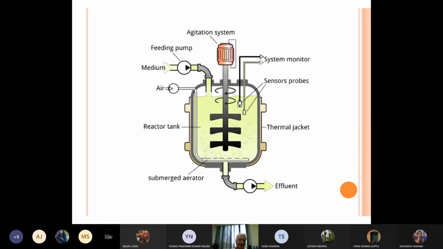So why do we need a jacket? Thermal jacket is very important from the point of view that, see, if you have done a sterilization, you have to do. क्या sterilization temperature or pressure? Autoclaving जो आप करते हो उसका कितना temperature होता है? 121 degrees Celsius at 15 psi. Yes. Perfect. So ये media तो हमने इसमें भर दिया. We have filled up the media. Now we need to sterilize it. Correct? How will we sterilize it?